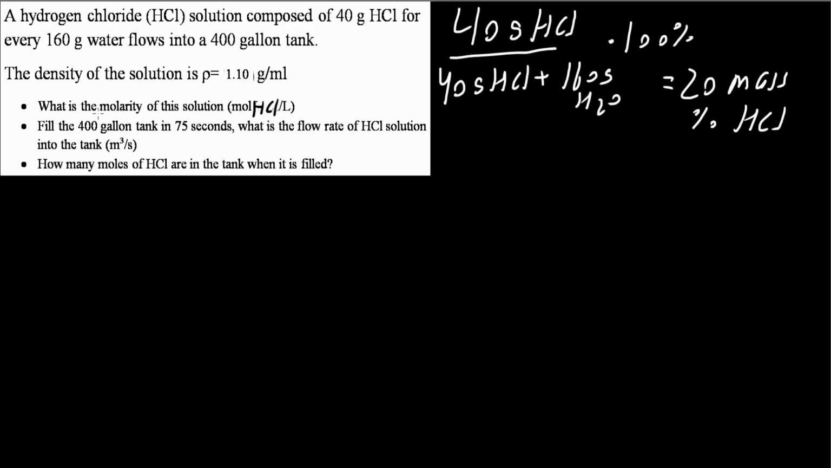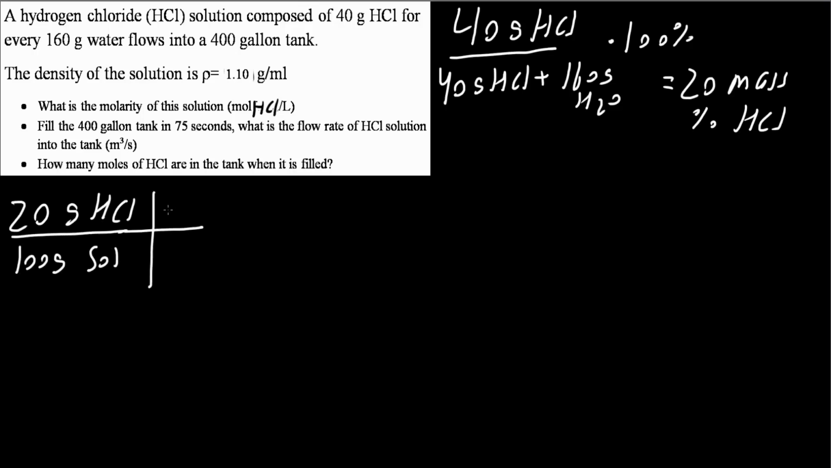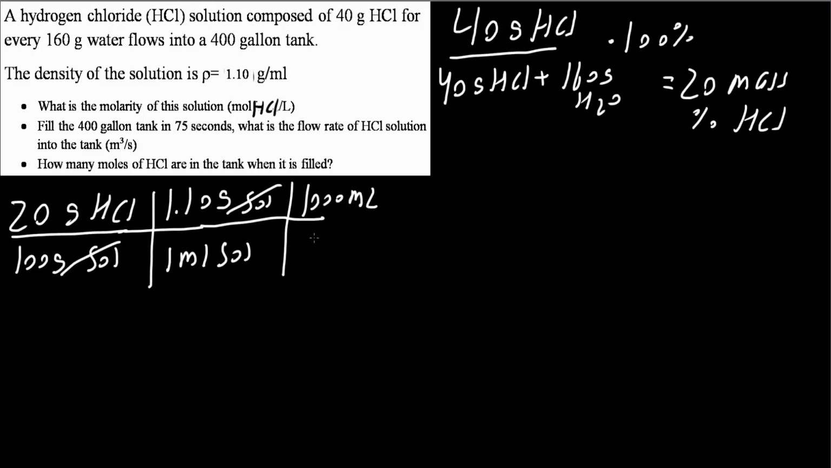And what we want to do for the first problem is find the molarity in terms of moles of HCl divided by liter of solution. So we could say that 20 grams of HCl for every 100 grams of solution. We could then say that 1.1 grams of solution per 1 mL of solution. So this would cancel right here. We would have grams of HCl per milliliters of solution. Next, we could say that 1,000 mL is 1 liter. Cancel, cancel. And finally, we could say that